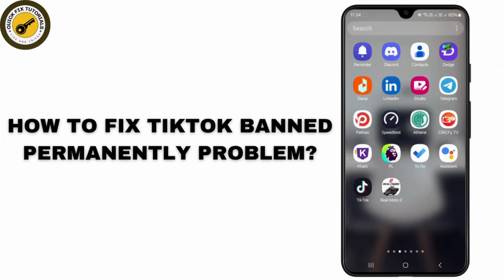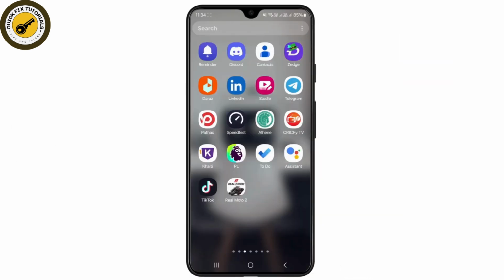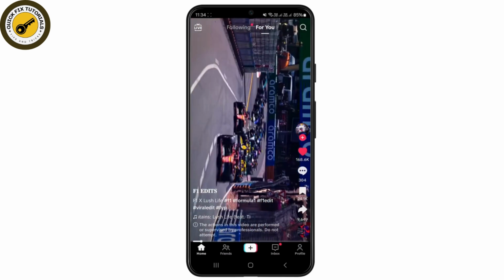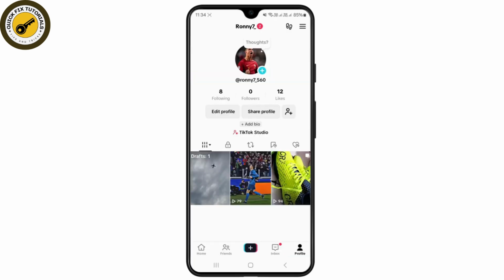How to fix your account was permanently banned due to multiple violations of community guidelines on TikTok. So if you're also facing such an issue, the first thing you need to do is come over to your TikTok application and make sure you're logged into your account, and just tap on the profile icon and click